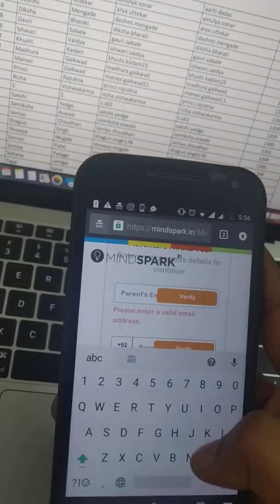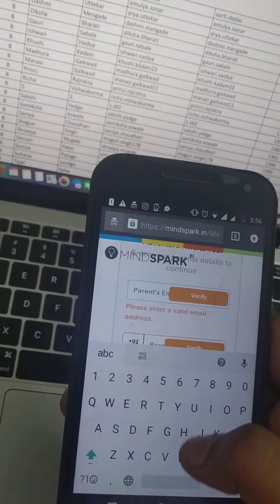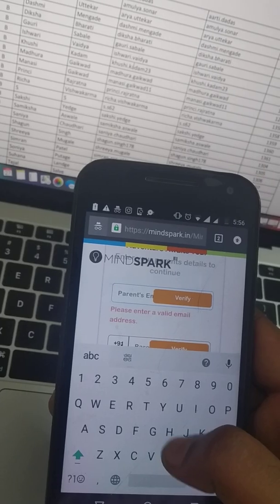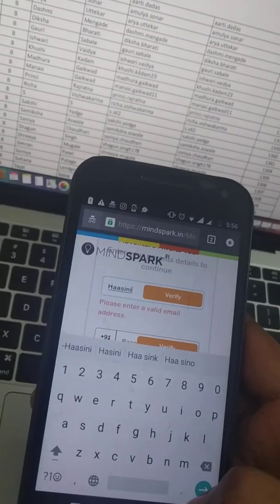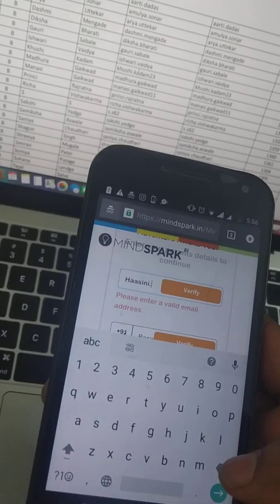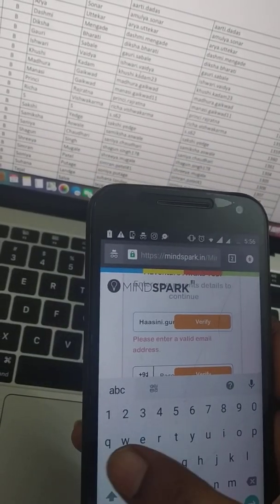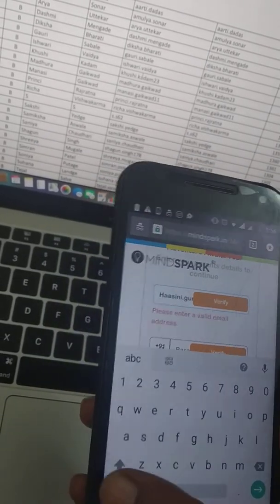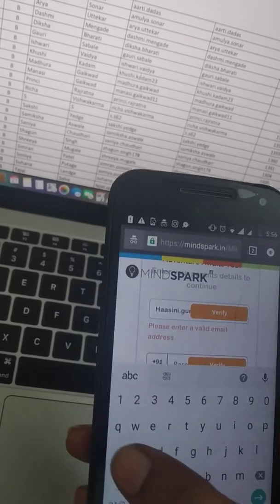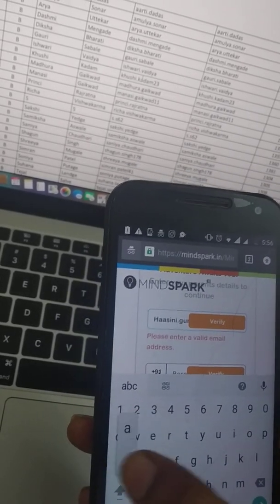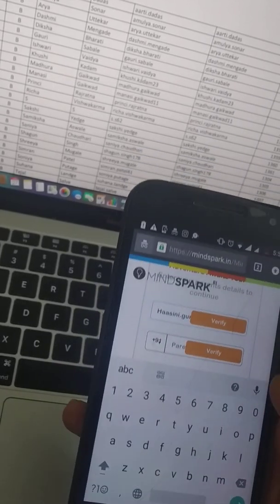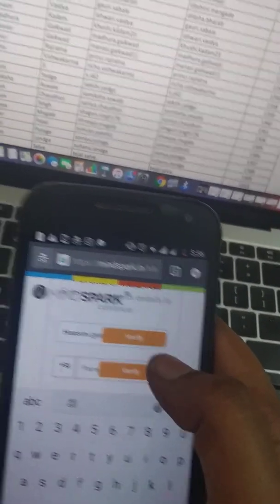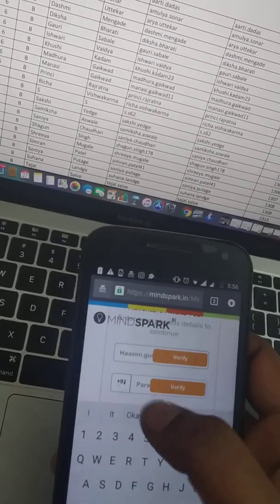So for example, if I am giving you my Avasara email ID, it's going to be Hasini dot at avasara.in, right? Once I press this, next it's asking for phone number.